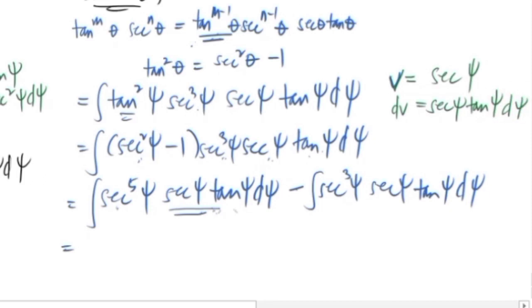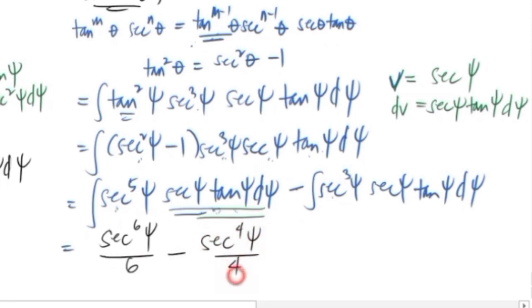So since itong derivative na to ay derivative nito, so we have the general power formula. So n plus 1 over n plus 1 lang, and we will have here secant to the 6th of psi over 6 minus secant cube, that's secant to the fourth psi over 4 plus c, and this is our answer. So your answer could be